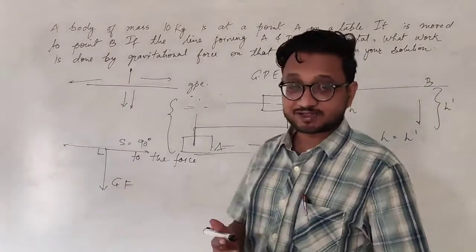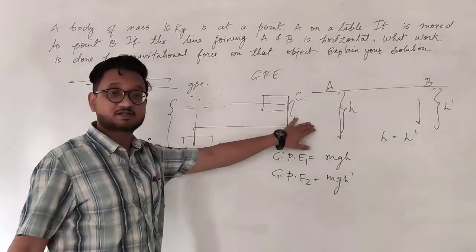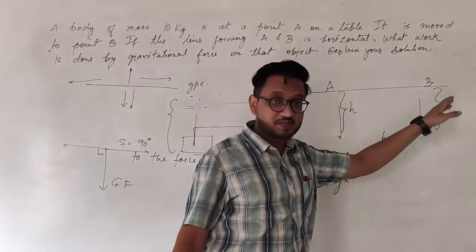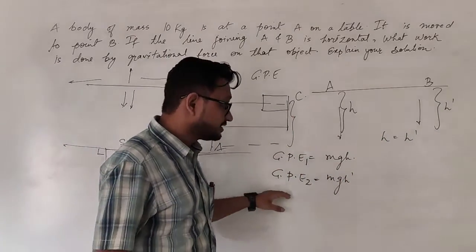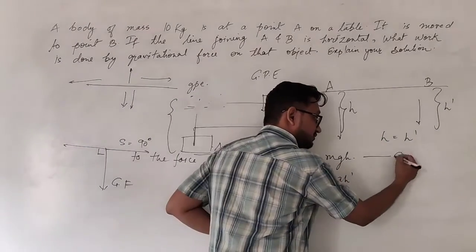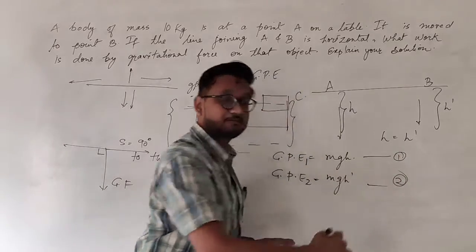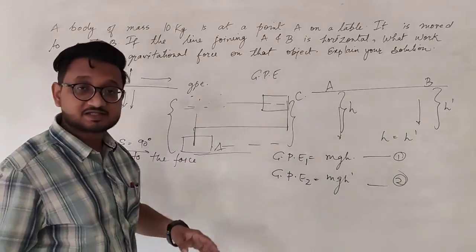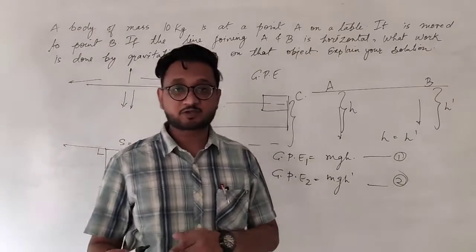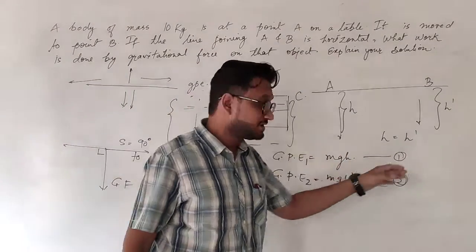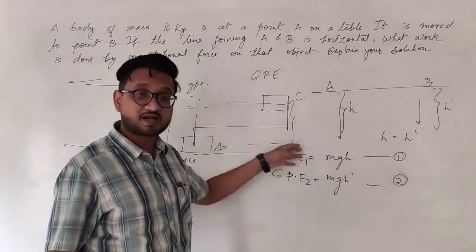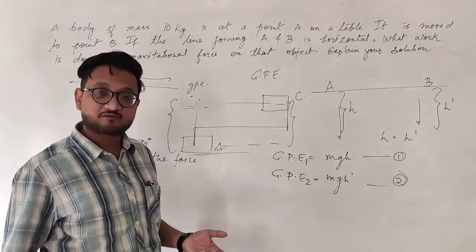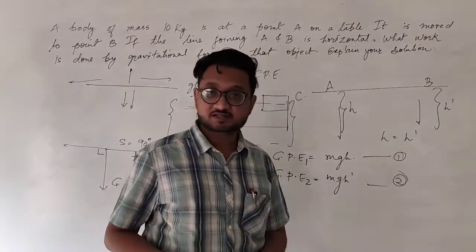This is how we are supposed to explain that if the object is kept at a certain height h on A and a certain height h dash on B, okay, then these are the gravitational potential energies 1 and 2 respectively. But it is already said in the question that the line joining A and B is same, that is h is equal to h dash, the height is same for both. That means if the height is same, then the gravitational potential energy is also same for both the cases. And therefore, no change in the energy has occurred.